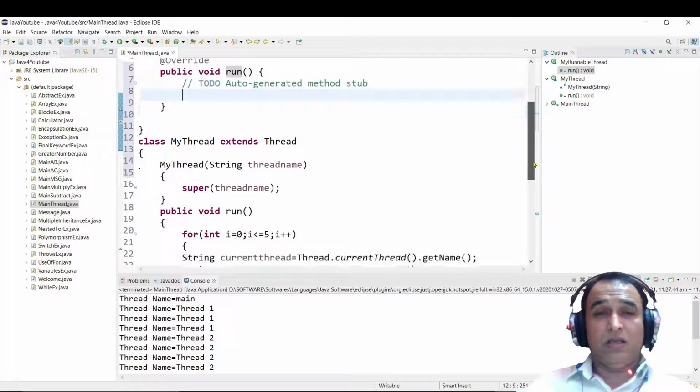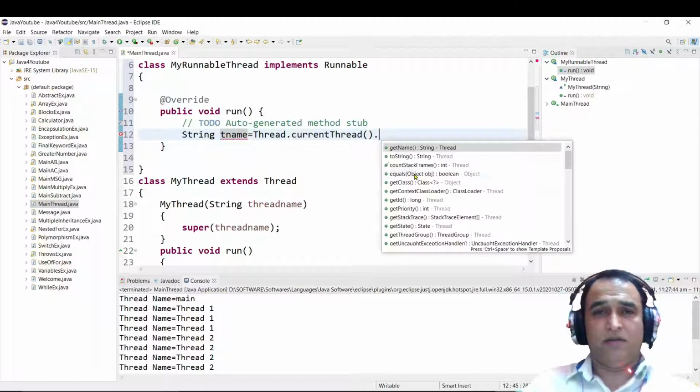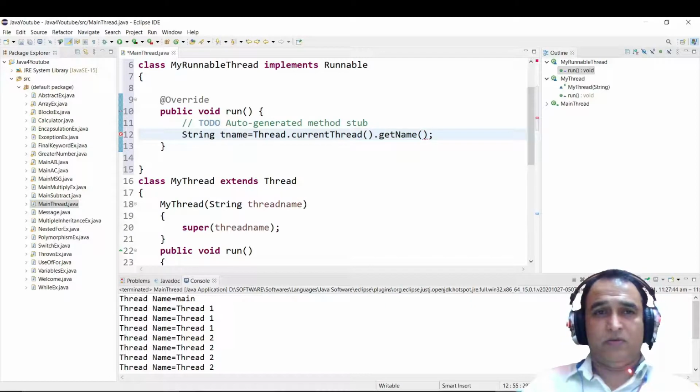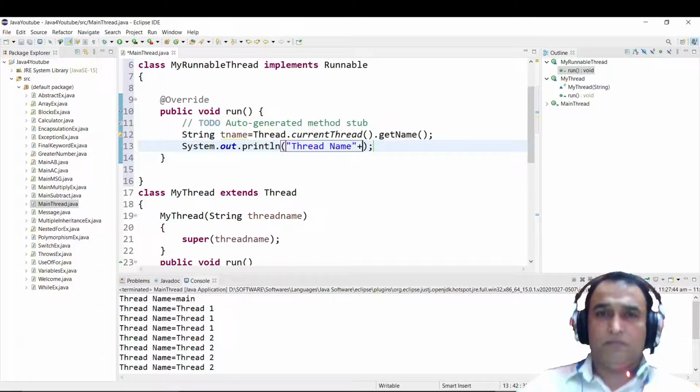Now we have to perform a task here. So I am also writing here the code which I wrote in the previous way: a String tName, thread name, and Thread.currentThread().getName(). Here I am using this and sysout, and here you see thread name plus thread name tName,